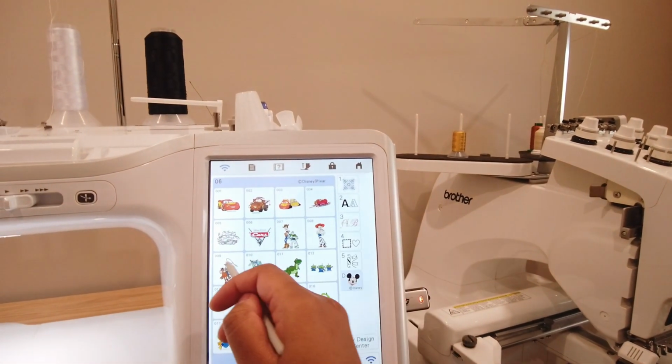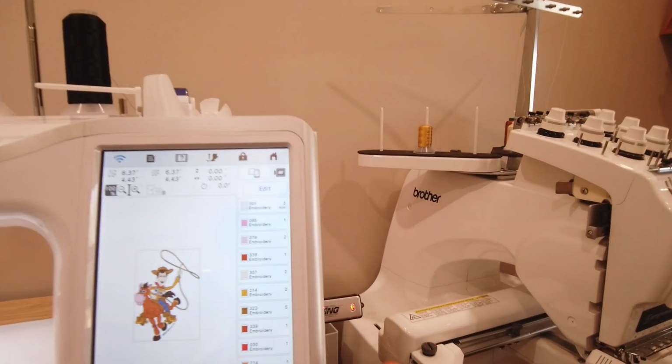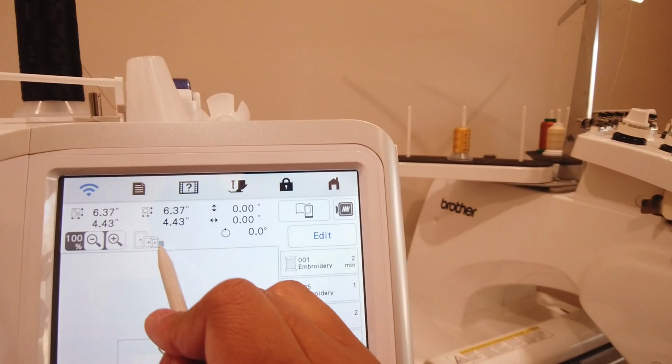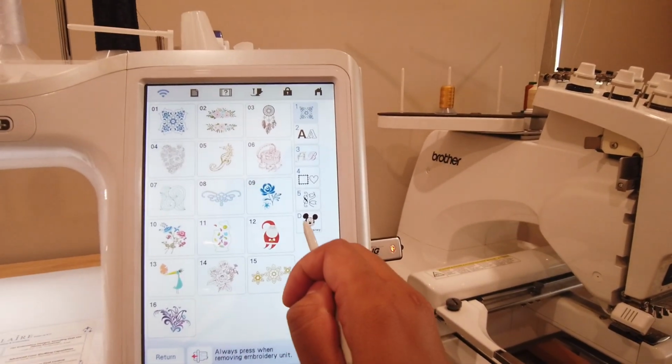I'm going to choose Woody first. Hit set. This shows all of the colors that it's going to take to do this design, as well as what size hoop you'll need. So we can't use a 4x4 hoop, but we can use a 5x7 and up. And I'm just going to go down here to add, and then hit Disney again,